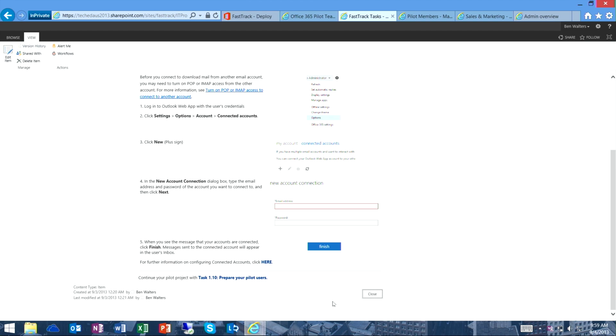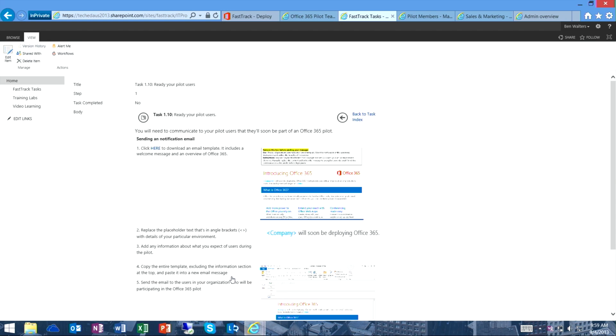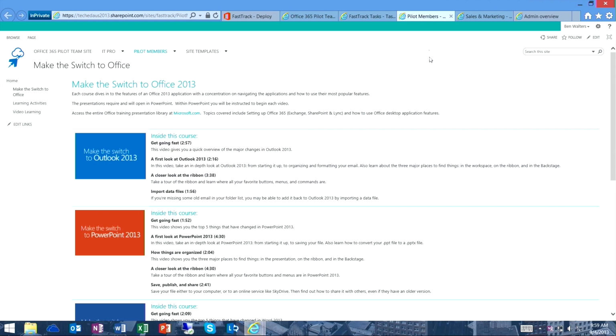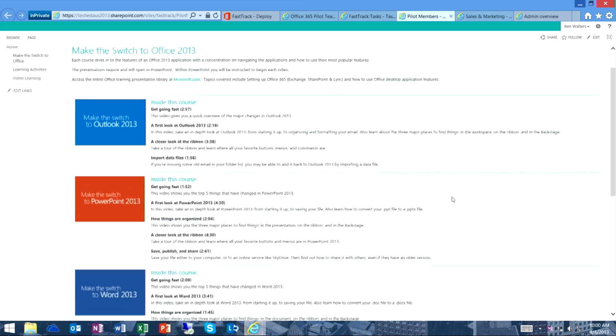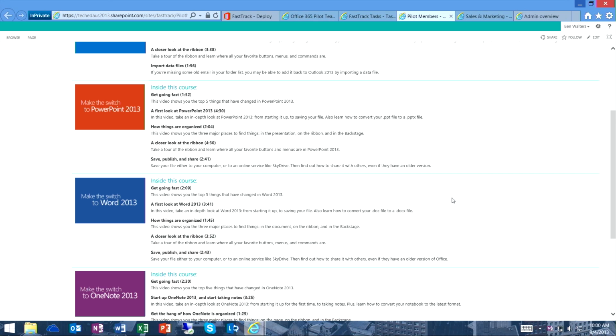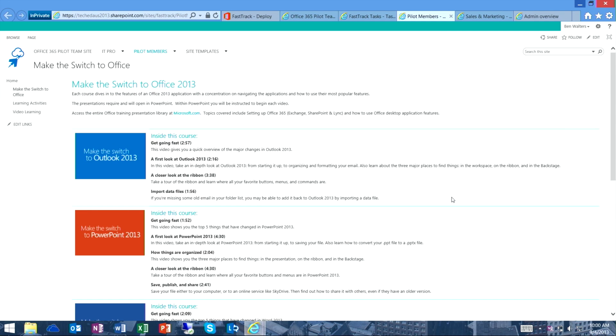So from an IT perspective, I not only see the tasks that should help me get through this pilot, but I then actually can help my end users to go through it. And as I do, each step builds upon itself, and I can keep moving through the scenario. The other piece is looking at pilot members. So when we think of Office.com and all of the content on Office.com, we've taken some of that information that we feel is very valuable, positioned it into the SharePoint site, which is part of a Office 365 pilot, and allowed you to send your users to here to be able to learn what's new with Office 2013, what's new with Office 365. So not only do you have IT pro tasks, but you also have end user tasks.